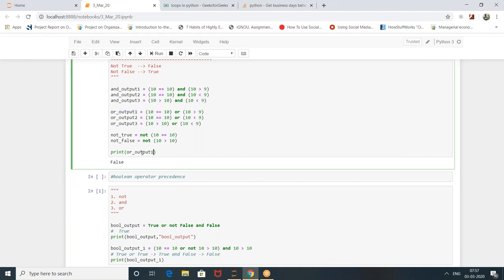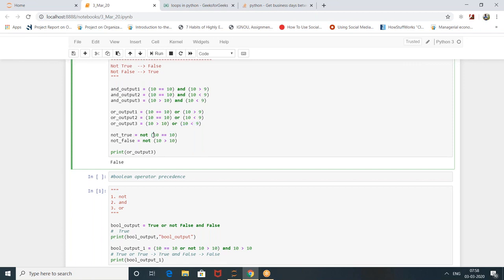This one? This is OR operator. This is an equal to condition. This is true. True. This is also true. So this one, you mean to say the second one also is true? False. True or false. 10 greater than 10. So this is false. False. Okay. This is false. False or false? It should be false, no? False.